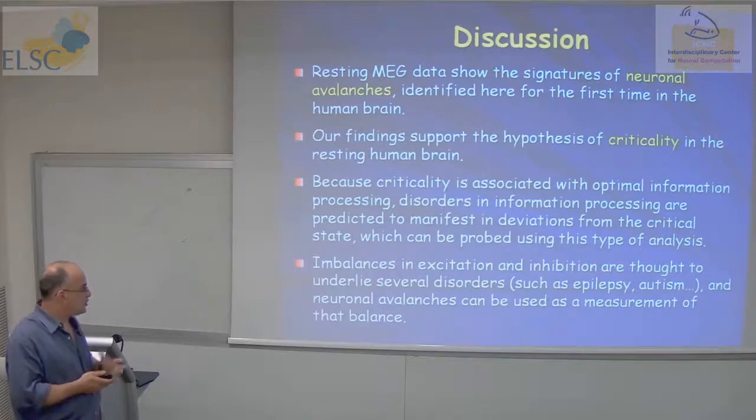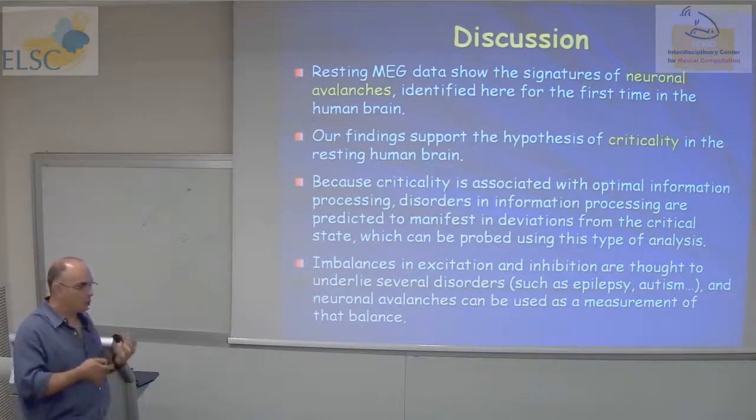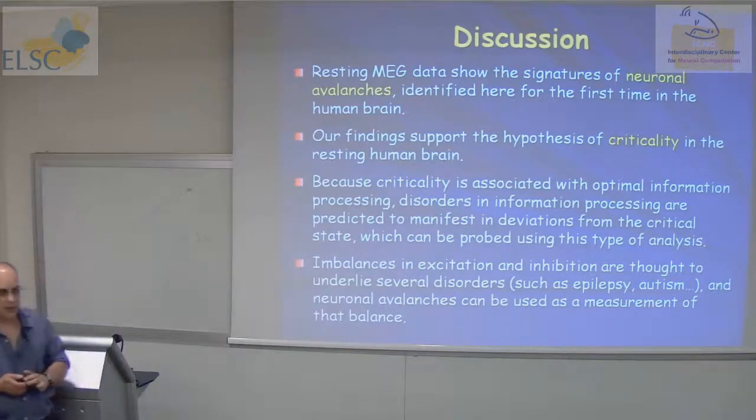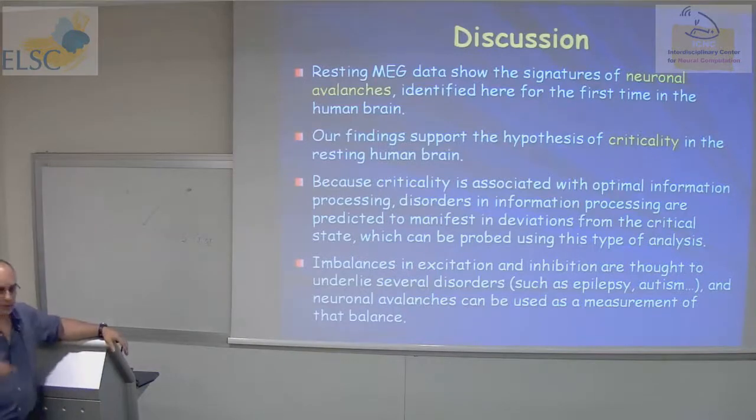So it can be a certain biomarker or a probe for these disorders that reflect imbalance or that are affected by imbalance of excitation and inhibition. And it's interesting because today we can affect the system not only pharmacologically, but even using optogenetics, like Ofer does, and we need some quantitative tools to quantify the imbalance of excitation and inhibition.